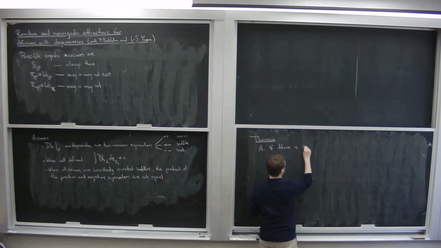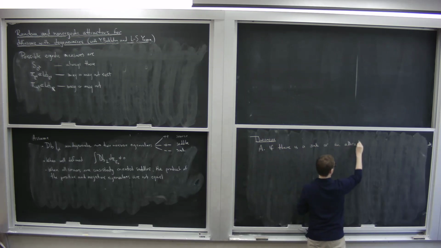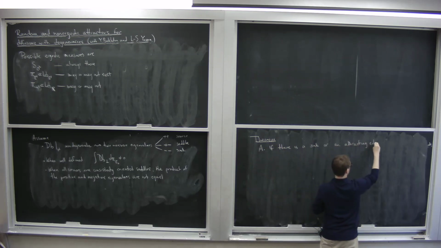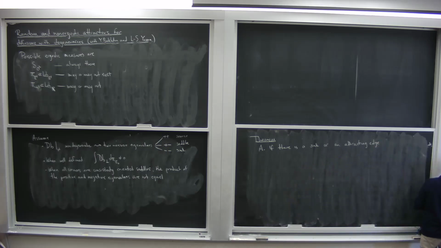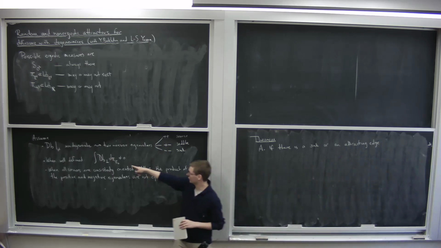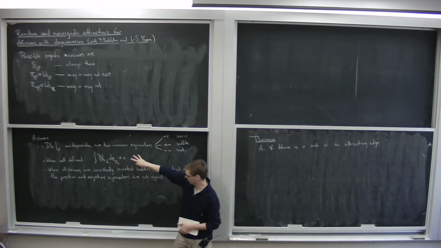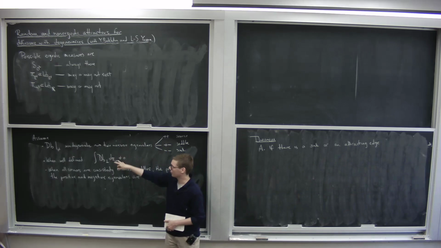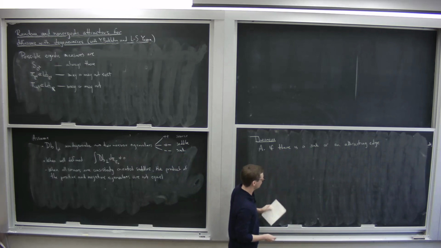If there is a sink, so one of the corners is a sink, or an attracting edge, okay, so either there's one corner where it's a sink, or there's one edge where a measure lives, and that integral here, which, if that helps, you can think of essentially as a transverse Lyapunov exponent for the diffusion near the edge. If that's negative, I call the edge attracting. So if you have a sink or an attracting edge,